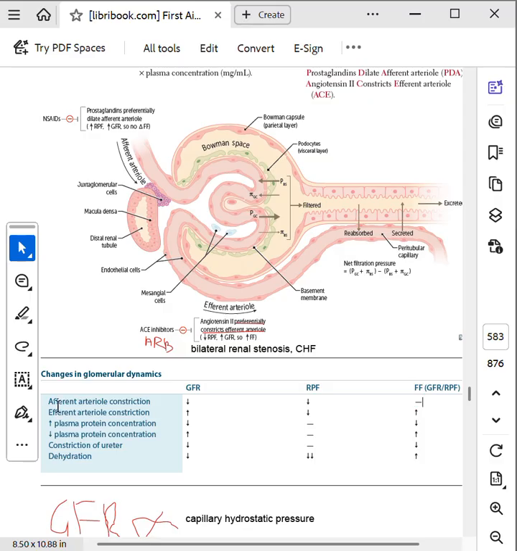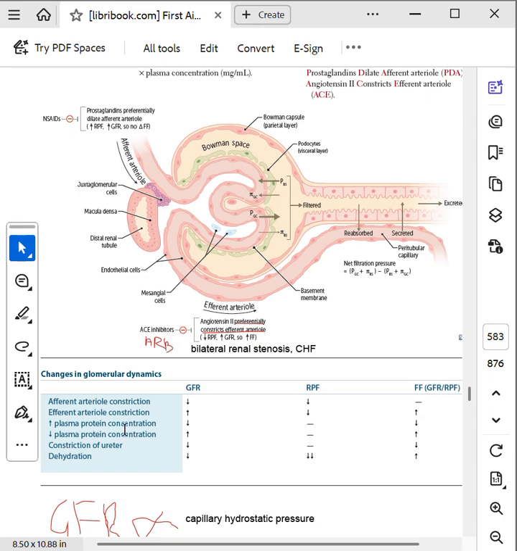Now the next case is the efferent arteriolar constriction. If I constrict the efferent arteriole by putting a rubber band around it, the outgoing plasma is going to be blocked, right? So renal plasma flow is going to decrease, and since I'm going to create a back pressure, the back pressure is going to increase the GFR. So GFR is increasing and renal plasma flow is decreasing, so filtration fraction is obviously increasing.